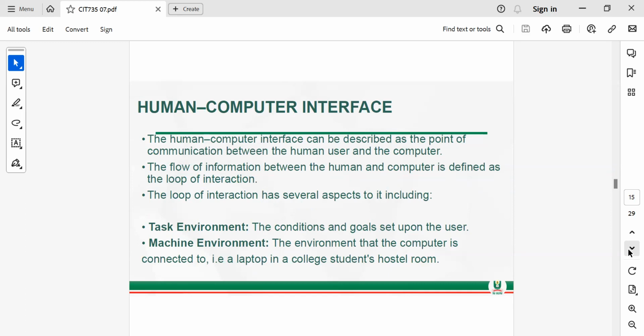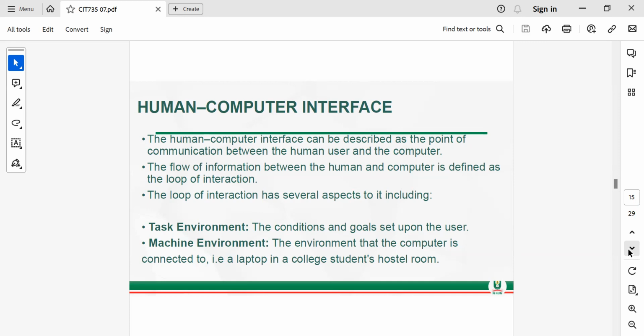Humans understand their own language. Computer also understands its own language. Humans do not understand the language of the computer. Neither does the computer understand the language of human. So there must be a form of interaction, a meeting point where humans can communicate to the computer, and then there will be an intermediary that will translate from the human form to the computer form and vice versa. And so that is what makes the interface to be so smooth and flowing.